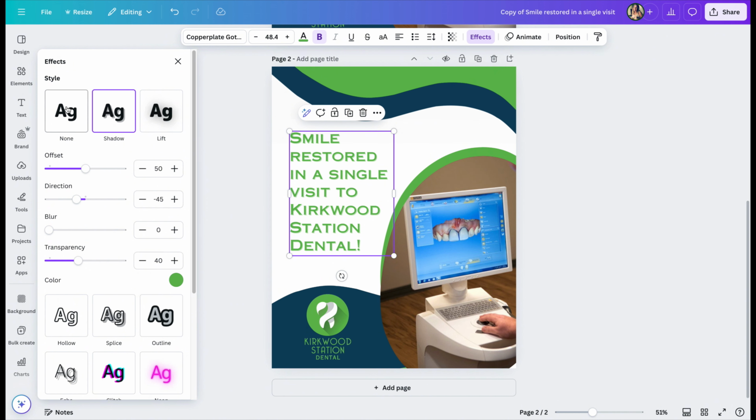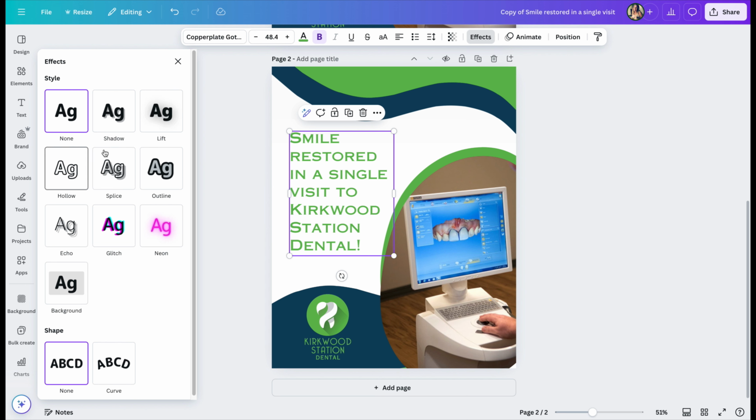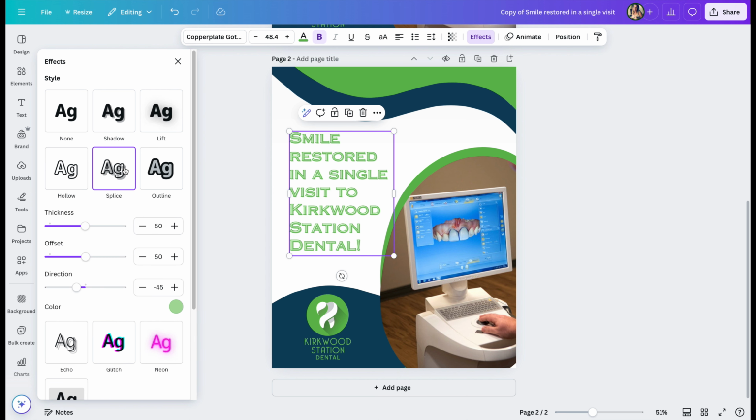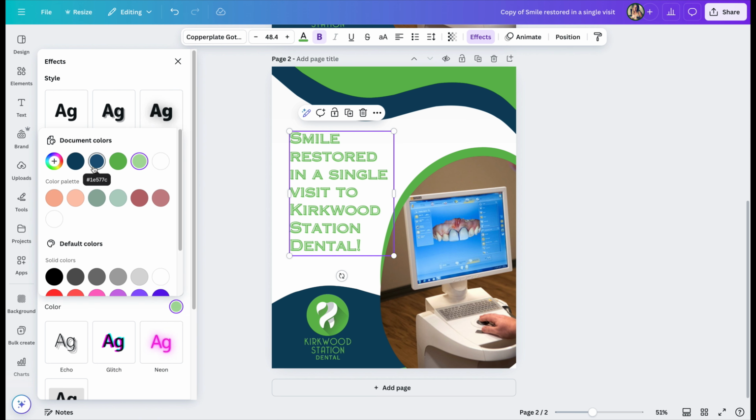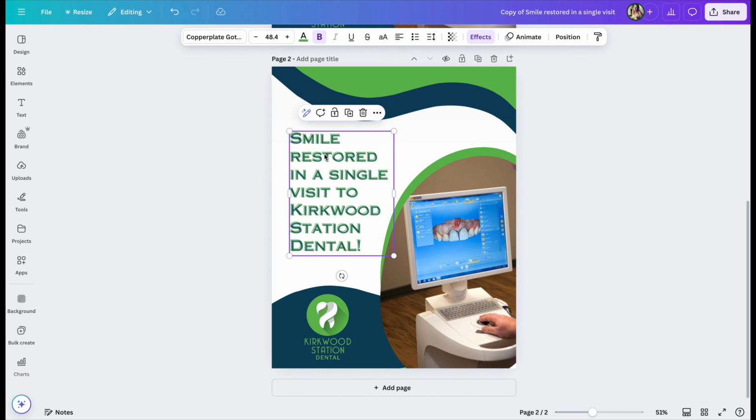Another one that I like is splice. Okay, and do you see what that did? None, and then splice. All right, you can even come in here and grab one of your other brand colors and splice it in, and that's pretty fun to look at. Okay, so that's awesome. You can also, if we go into effects,